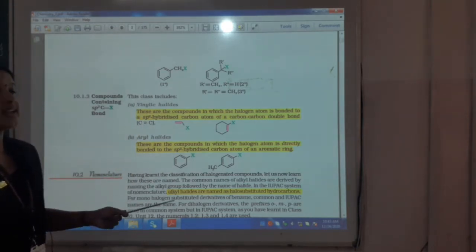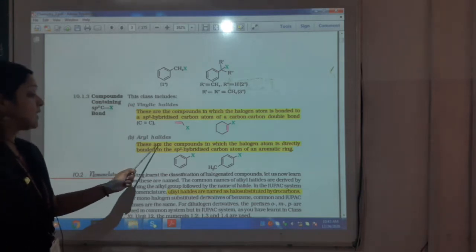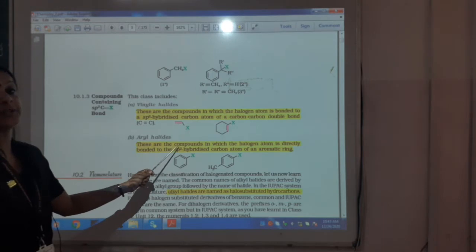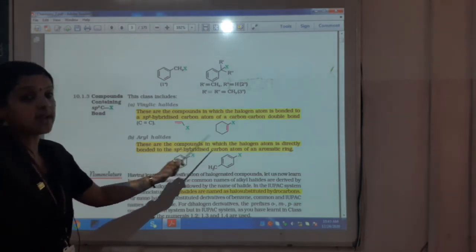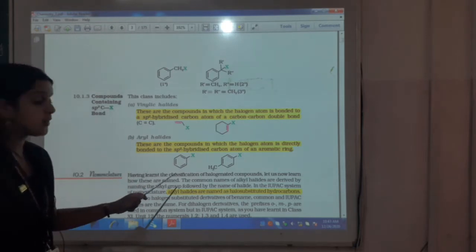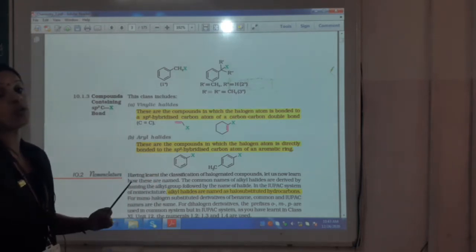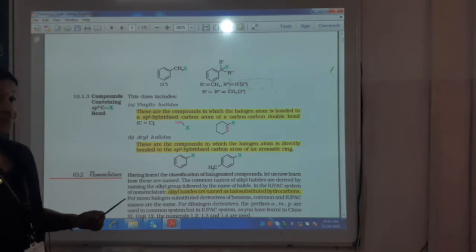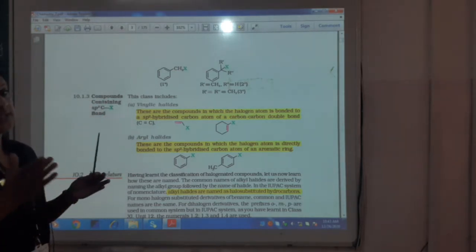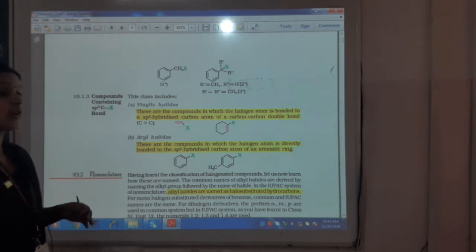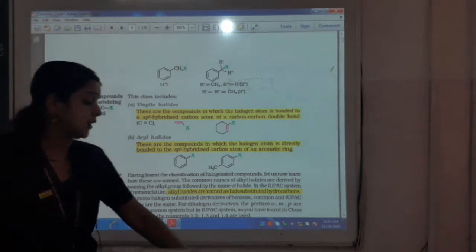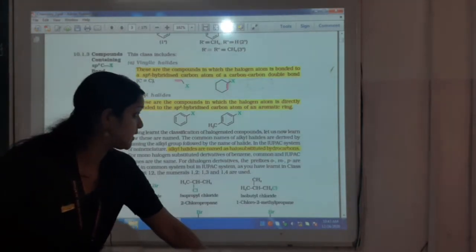Next one is aryl halides. Very simple. These are the compounds in which the halogen atom is directly bonded to an sp2 hybridized carbon atom. So this is my aromatic ring, which is sp2 hybridized, that will directly hold the halogen atom. So till now we were seeing the classification of halogen compounds, alkyl halides or aryl halides. Now when you come to the nomenclature, if you see here, children,